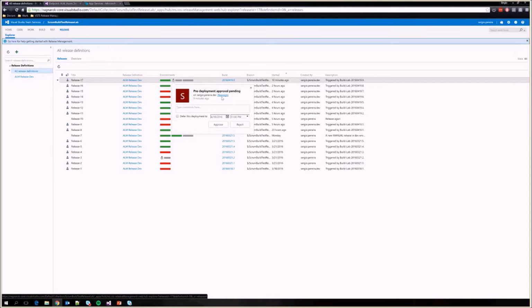override this pre-deployment approval. Otherwise, all the users that were set as approvers for this pre-deployment will receive an email, and they will have to click a link in that email, which will take them to Visual Studio Team Services, the release window, and they can approve a particular deployment. So depending on the rules, as I've mentioned previously,